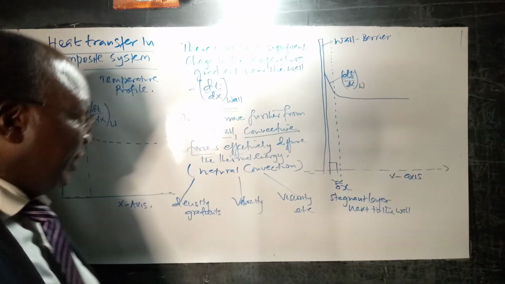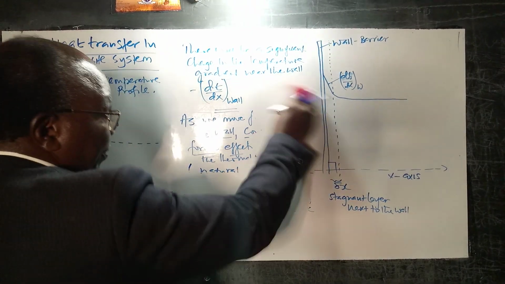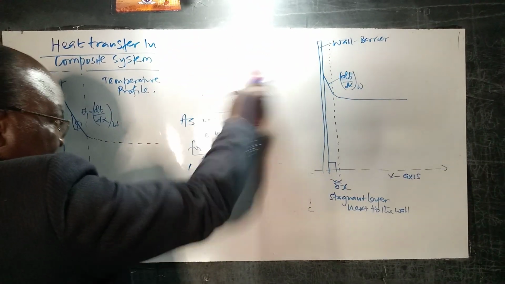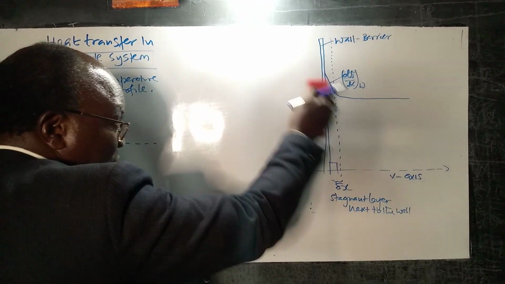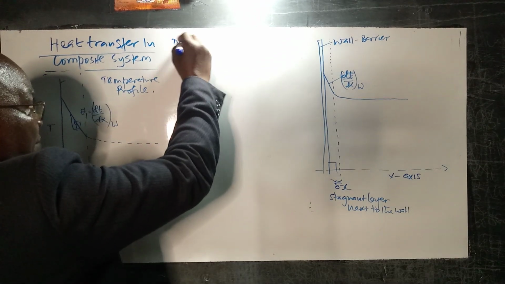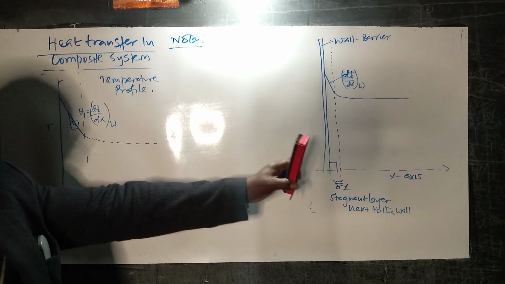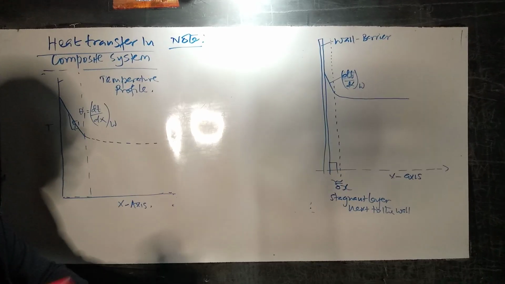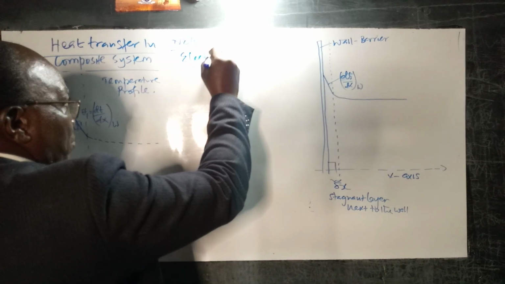You must always know that the behavior will not be exactly the same in other cases. It's very important to take cognizance of the fact that this surface here is neutral. If we are talking of an electrified surface,